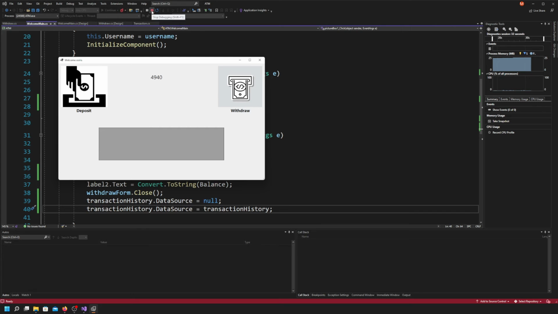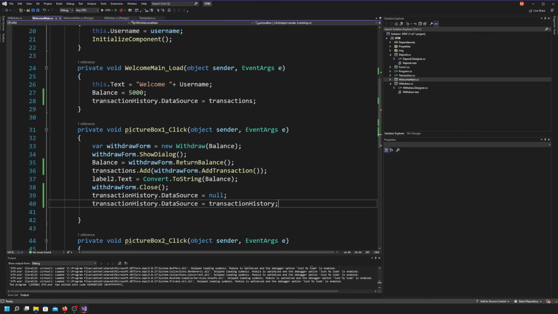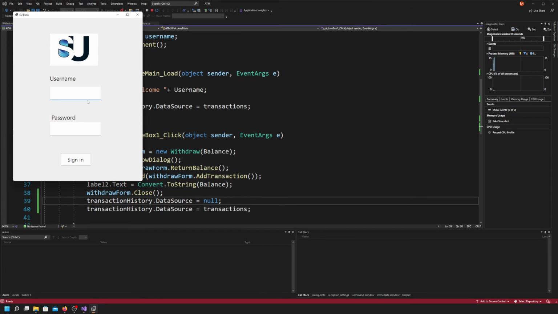Obviously, it doesn't go as smoothly as I want. Oh, transaction history. Here we go. Transactions. Right. So with that fixed,